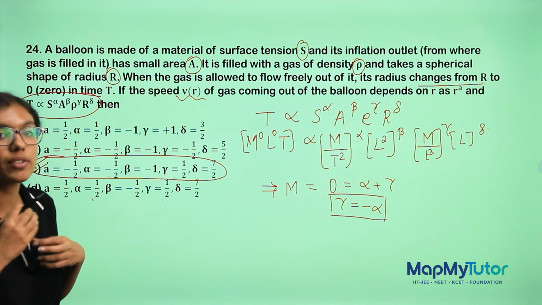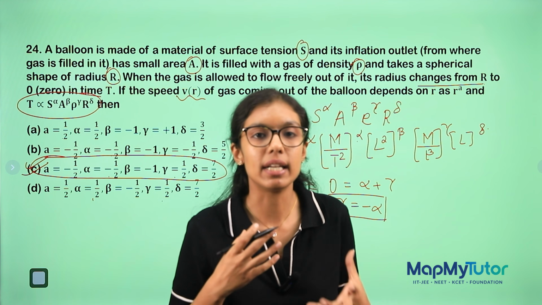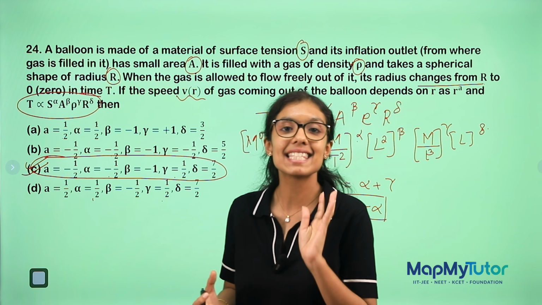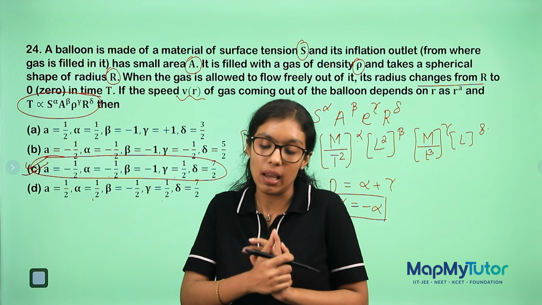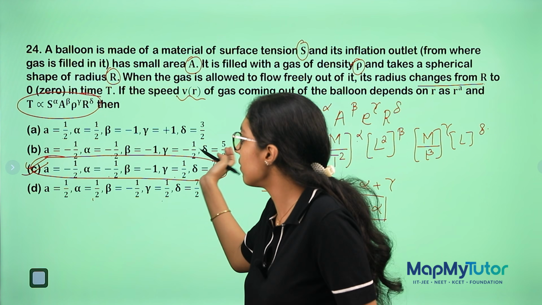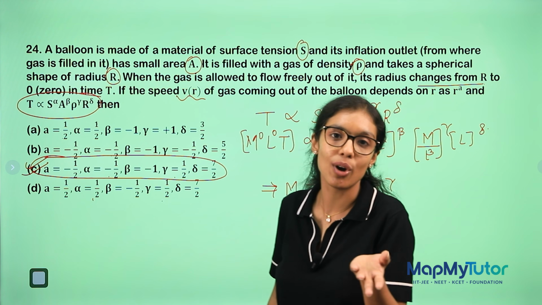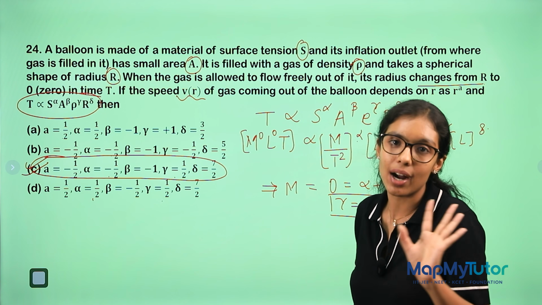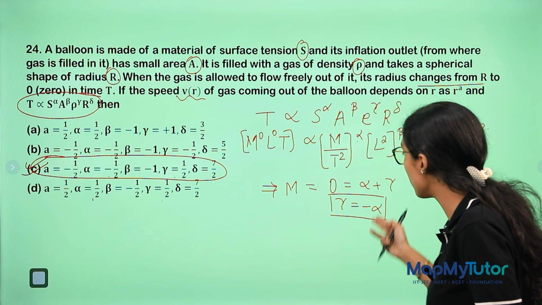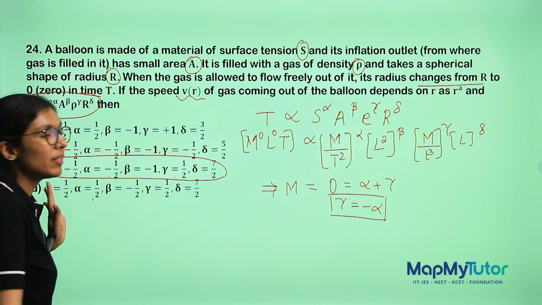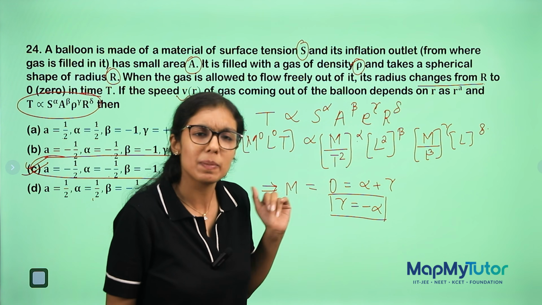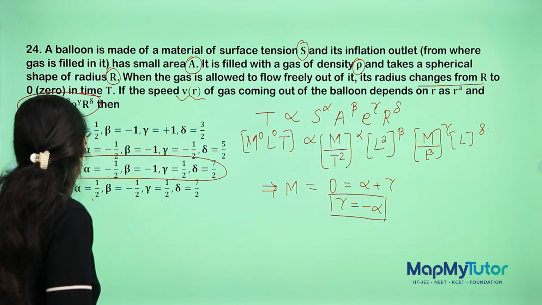Now see, these are the small tricks and smart ways of getting the answer quickly so that it can save your time. So you need to keep that in mind. Now for example, you can ask me, ma'am, what if I don't have it like this? Then you need to solve for beta, gamma and delta. How will you solve it? Same. You need to equate it, put it back, the substitution method. So that is it with this question. Very simple, very direct. It has been asked in your previous years as well.